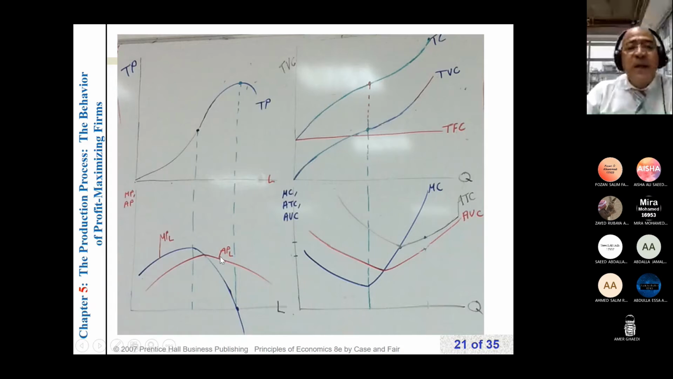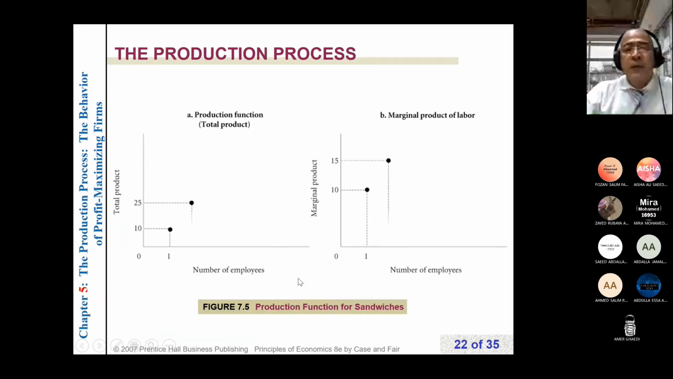So the behavior of average product is affected by marginal product. Average product increases and then it decreases. So this graph is important. The second panel of the graph, we will take in the next chapter related to costs. And there is definitely a relationship between them. So again,